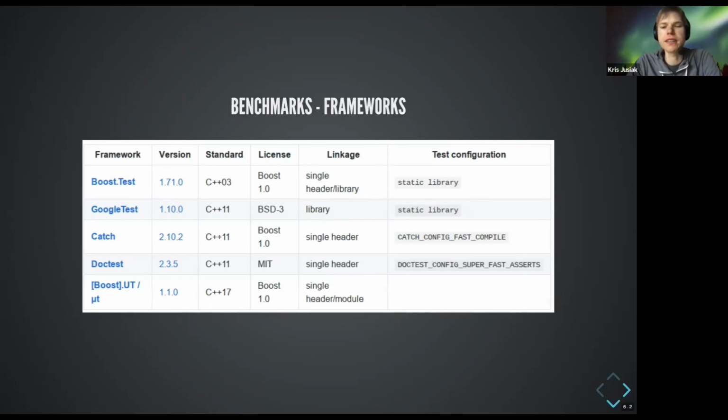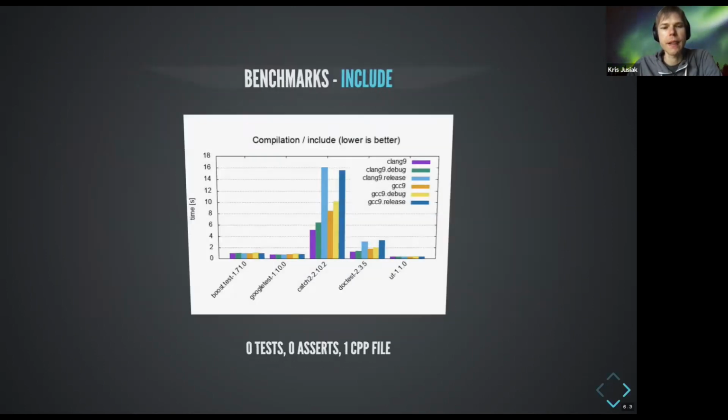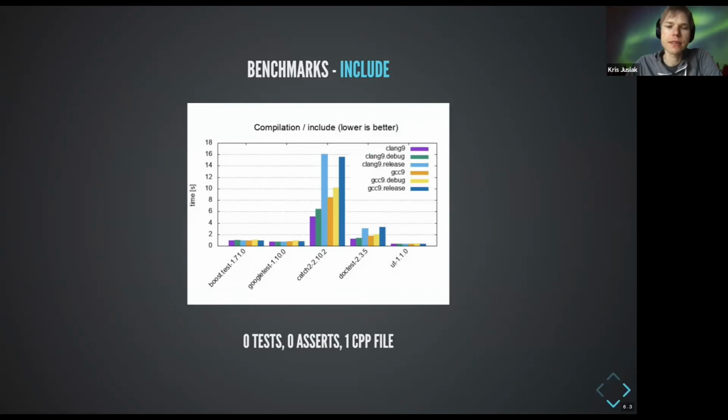Doctest is a single header, and it has a super fast flag. I guess it's much better than the fast one. And UT is just without any flags, because there are no flags to choose from. So the include itself, and